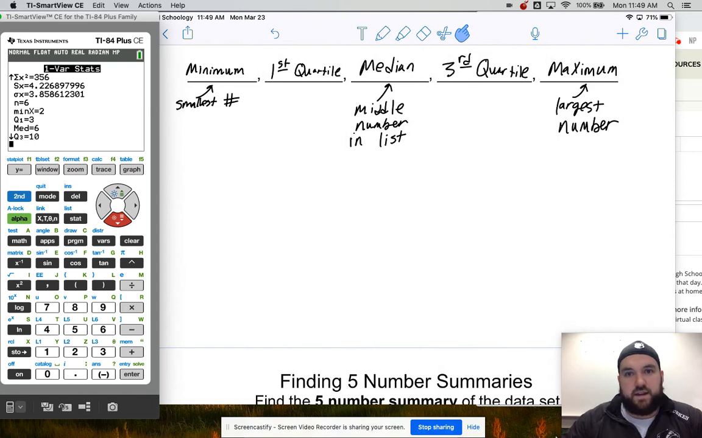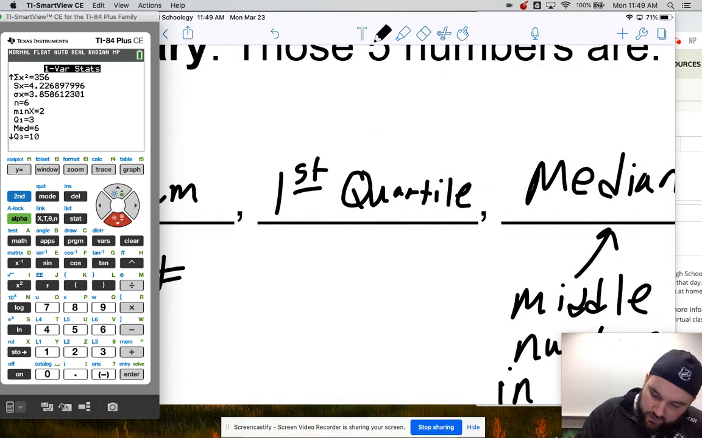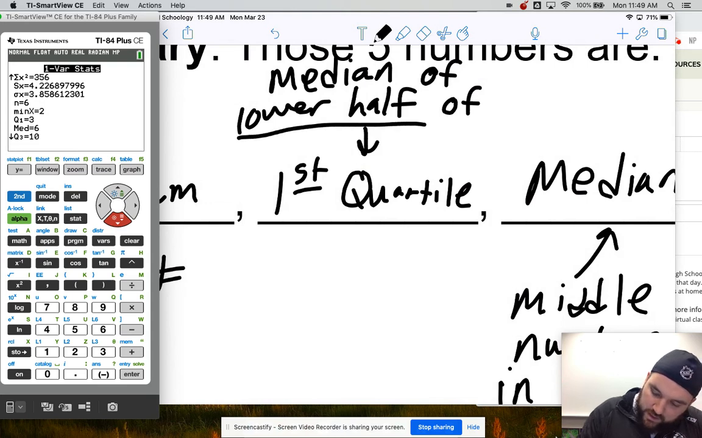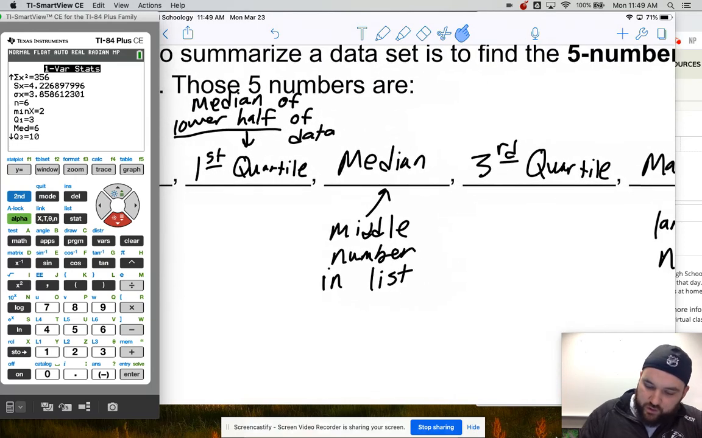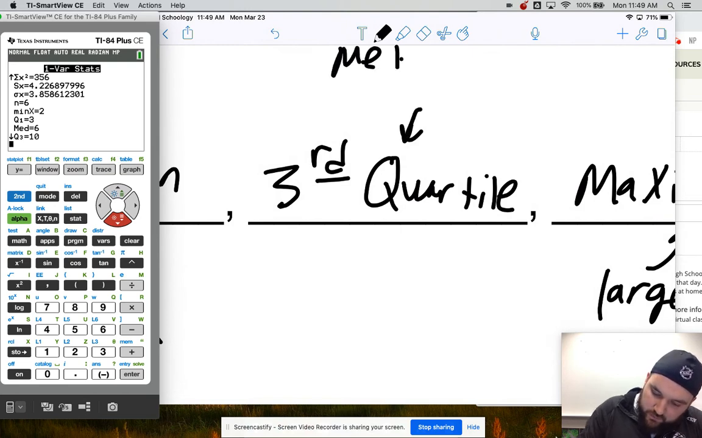So that is a description of 3 of the 5 numbers. And I'll show an example of this in just a second. The first quartile is defined as the median of the lower half of the data. Now, stats teachers will yell at me and tell me this is not the dictionary definition, but for what we're talking about, this will work. And the third quartile is going to be the median of the upper half